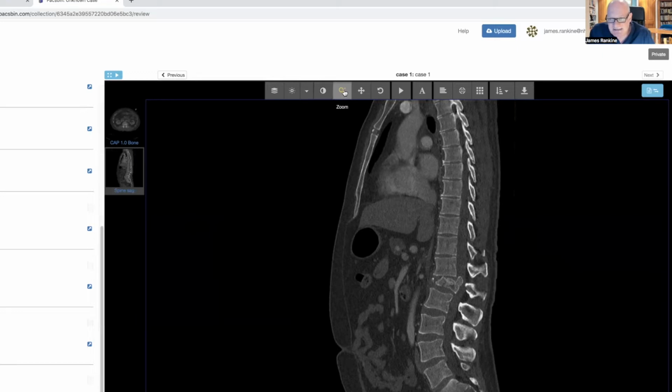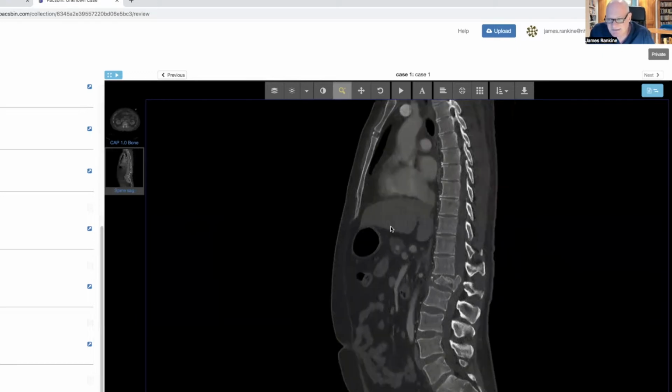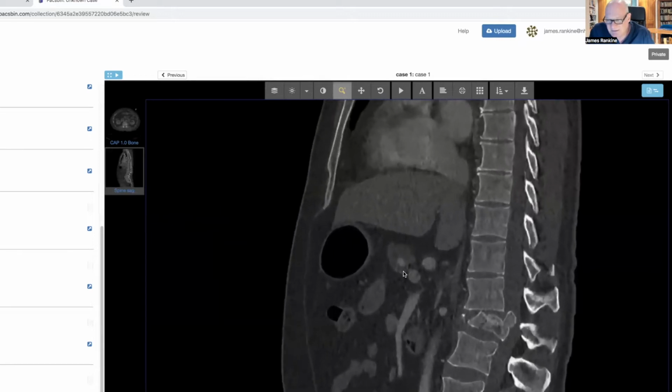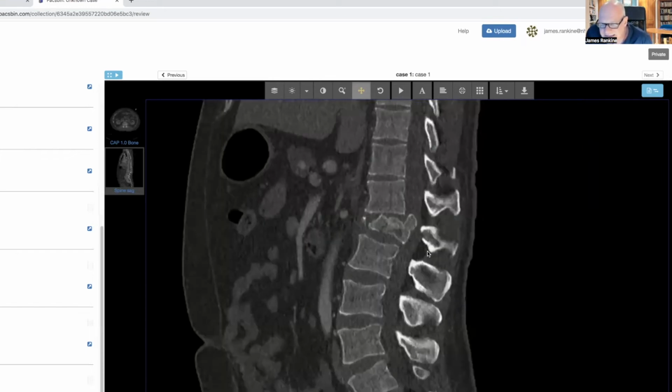And we can actually see the posterior ligamentous structures on a CT scan. I want you to look at the epidural fat here and notice how it's clear and nice and black, and you can actually see the outline of the ligamentum flavum. This is important for when we come to looking at flexion distraction, Chance type injuries. So we'll move on to